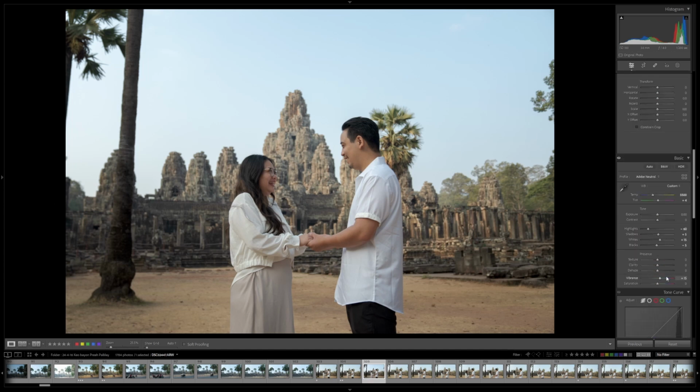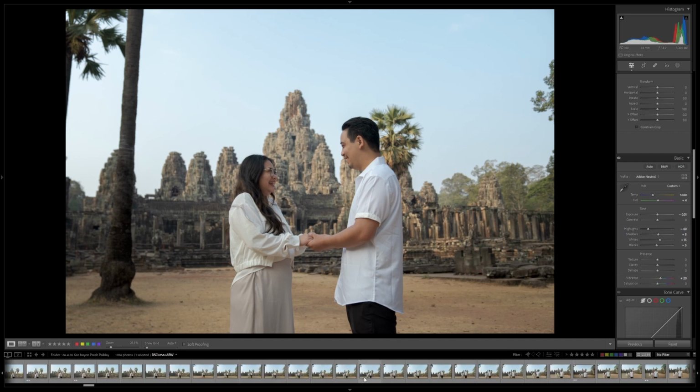That's cool. Maybe a bit more vibrancy. Okay, that looks good to me for now. Maybe bring it up by a tiny bit. No, that's fine. So then I'll select the photo, and I will select all the rest of the photos in the shoot,